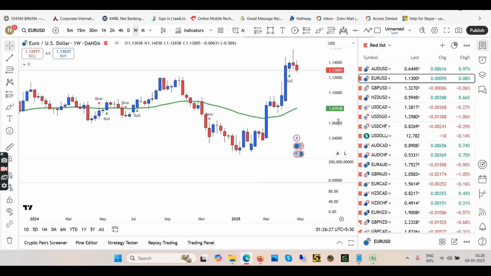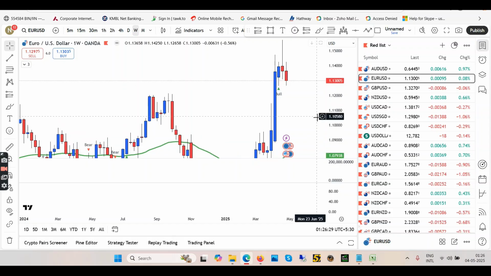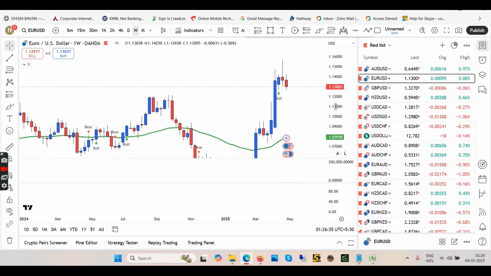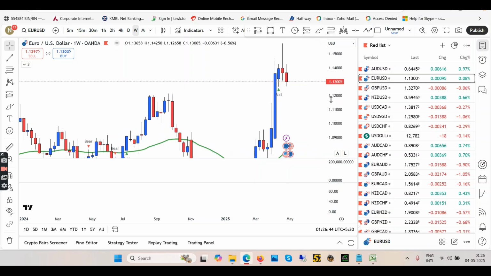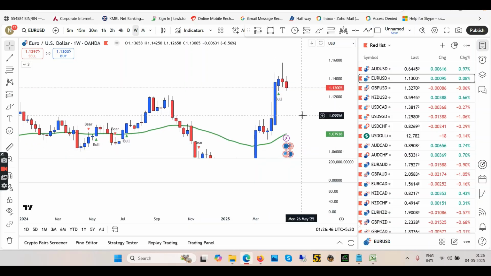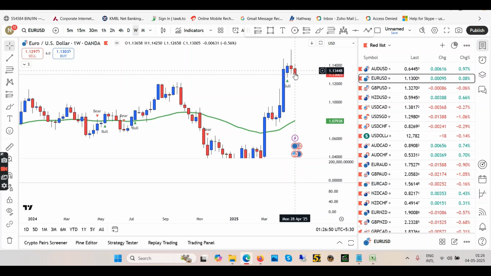Now, starting with the weekly, Euro USD, quite simple. If you see from my eyes, this red candle has hidden this previous blue candle in weekly, okay? Which means we are in the downtrend now. If you don't know how it works, I think it's a trend reversal. Yeah, it's a trend reversal, but guys, I hope so. At least for the next 15 days, it's a trend reversal, okay? So the euro will be coming down for the next 10, 12 days, okay? So weekly, this candle has eaten the previous blue candle. Quite easy to guess, we are going down.